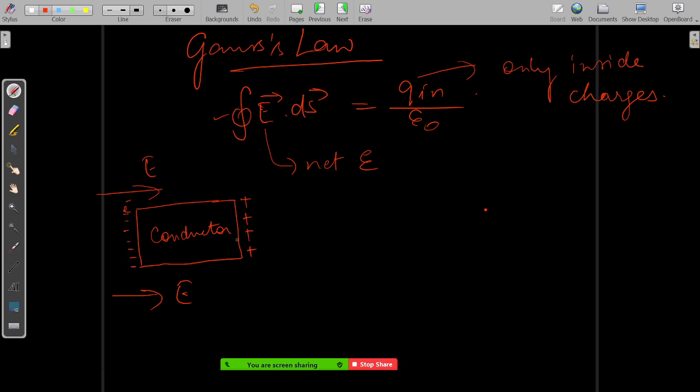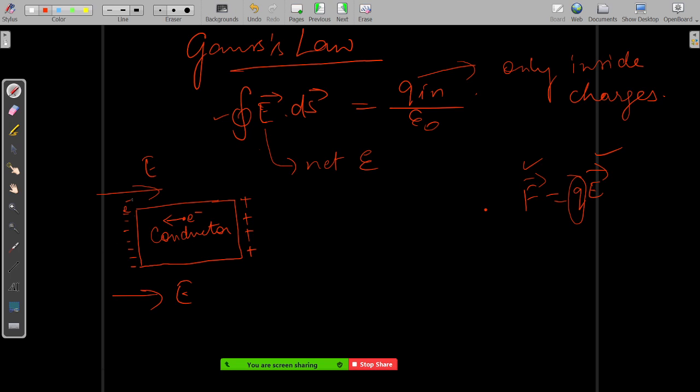See, what happens is the conductor is having a lot of free electrons. Free electrons doesn't mean that the conductor is negatively charged. The conductor is neutral, but the electrons in a conductor can move freely, right? So when you put a conductor in an electric field, an electron inside the conductor will experience a force on the left hand side, because it is negatively charged. Force is equal to QE, right? So if this Q is negative, the force will be in the opposite direction of the electric field.